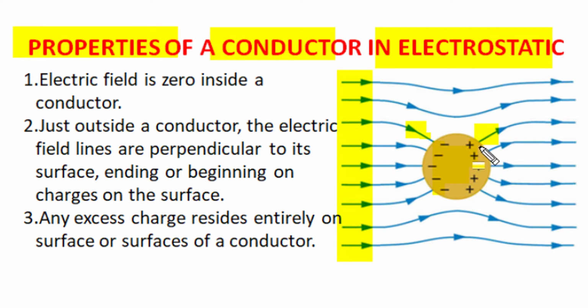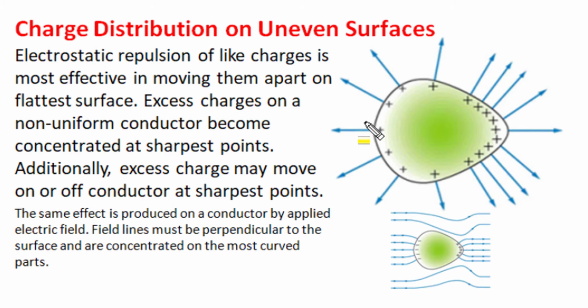The concentration of surface charge density depends on the curvature of the surface, and for a uniform spherical surface, such charges have uniform surface charge density. If excess charge or net charge is given to a uniform spherical surface, then the charge will distribute itself on the surface of the sphere with uniform surface charge density, but charge distribution on an uneven peach-like shape as shown here becomes non-uniform and would have higher surface charge density at sharp positions and smaller surface charge density at flat surface conditions.